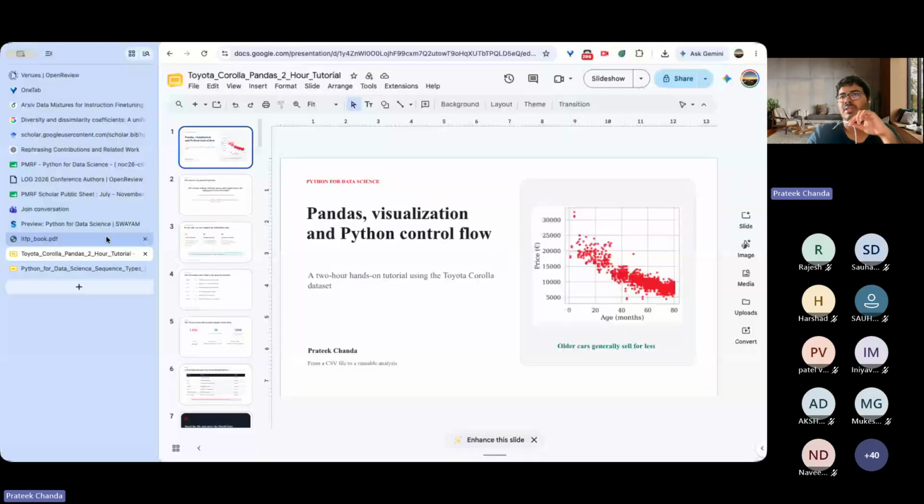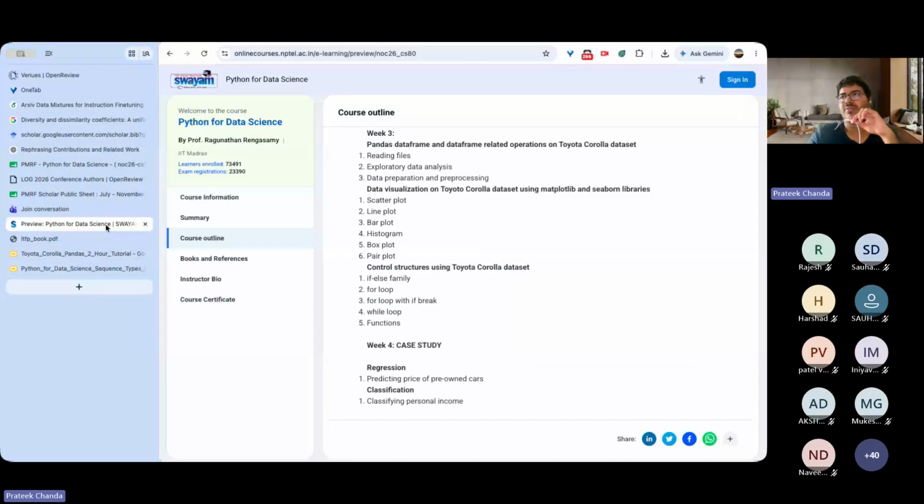In the last 2 weeks we had mostly discussed two things. Week one was mostly about an introduction to Python and different coding platforms for Python, for example we looked at Spyder and VS Code, Visual Studio Code, as one of them.